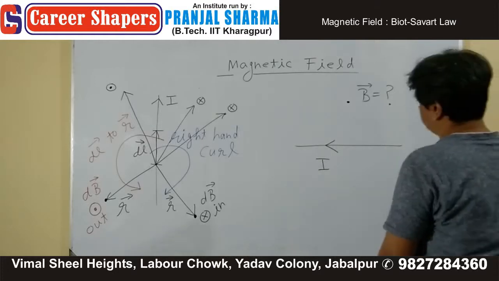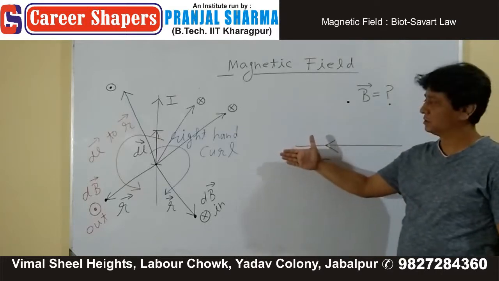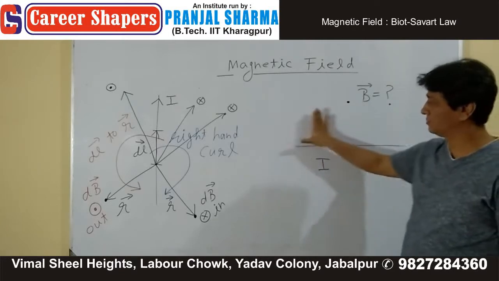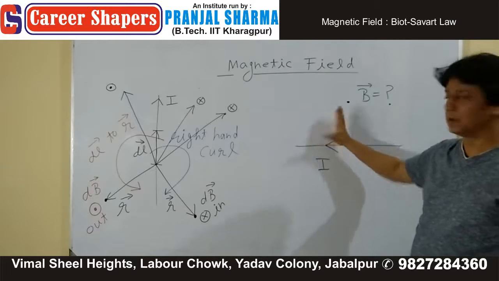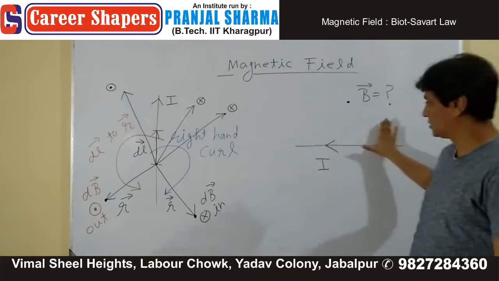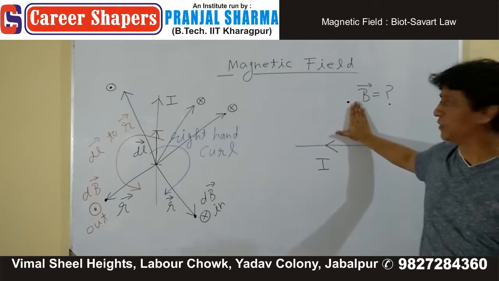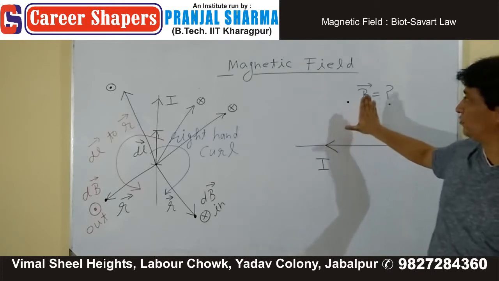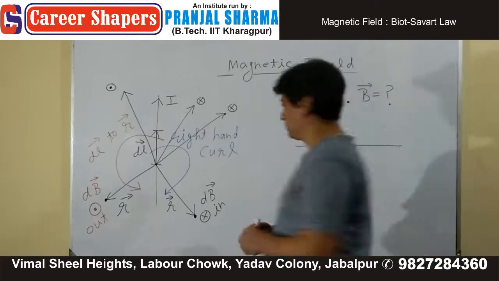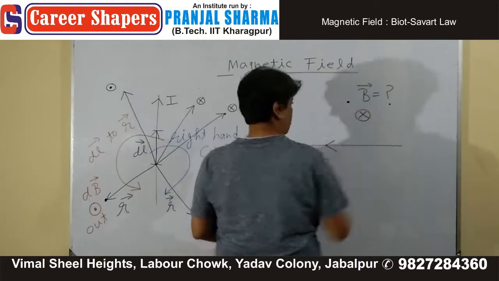Good. Not like this. Second method says thumb in the direction of current. Not like this, this is opposite to the direction of current. Thumb, rest of the fingers towards that side where magnetic field is required. Now make a fold. Fold is pointing in and therefore magnetic field, its direction is cross